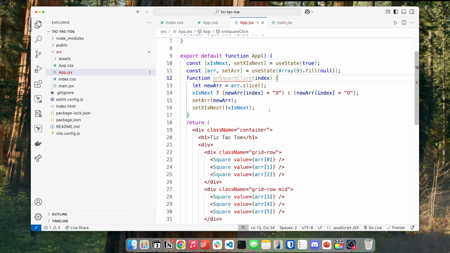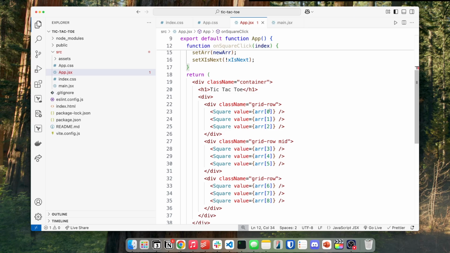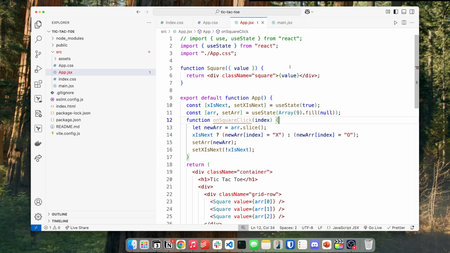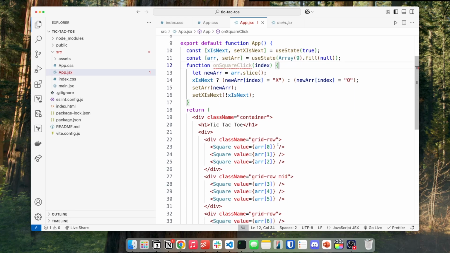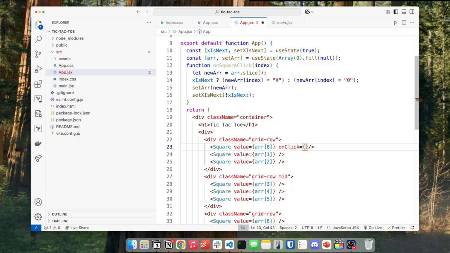So basically now all of our squares know which value of the array they have to render. The other thing we now want to fix is that we want to pass in this on square click function, right? So we want to have an on click function for each of these. So we'll have on click, and when a square is being clicked, we want to call our on square click function, which we just defined, but like we learned, we cannot call this function because it needs an argument. So we'll pass in an arrow function,